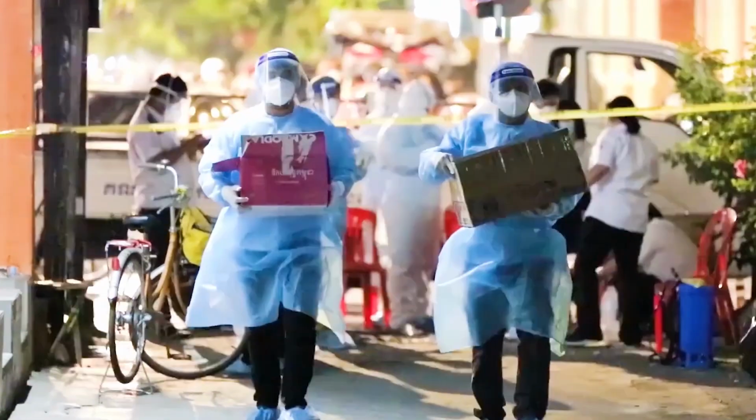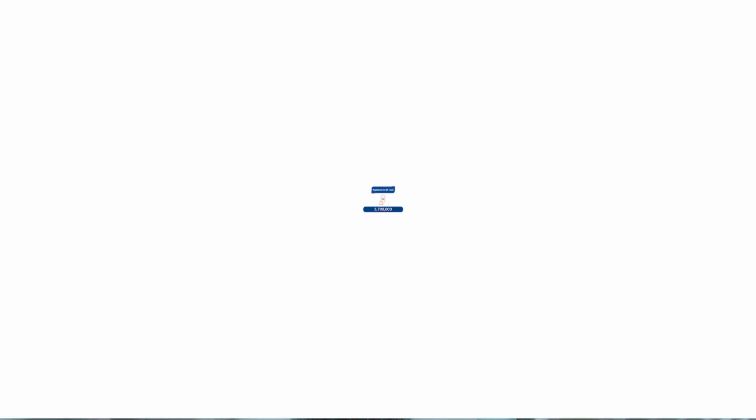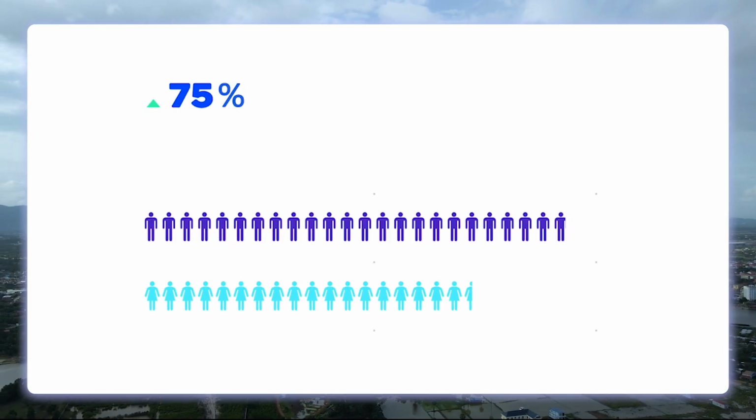In April 2021, in his public address, the Prime Minister of Cambodia, Samdech Hun Sen, urged the public to proactively use the StopCovid QR code system as a way to take part in the government's effort to curb the virus transmission. By September, 5.7 million people, which account for 75% of the adult population, have been registered to use this